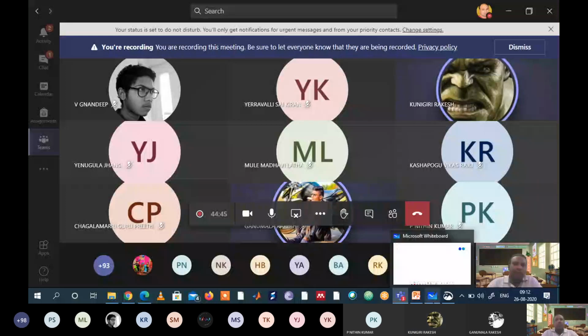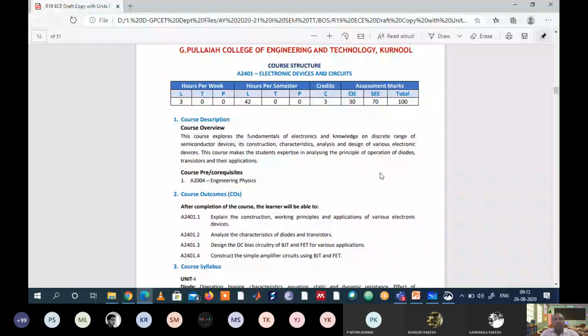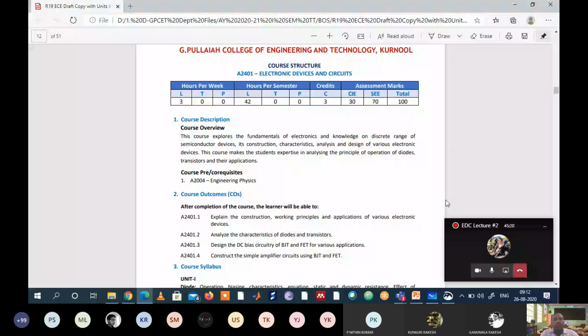So this is electronic devices and circuits, the subject we are learning. In the last class we learned the basics of EDC and the difference between our branches: ECE, CSE, EEE, civil and mechanical. Now let us go deep into the subject called EDC. These are the regulations: we have gone with the R19 regulation, because for R18 we had a different syllabus. Now we have changed the syllabus and gone for R19 for you,